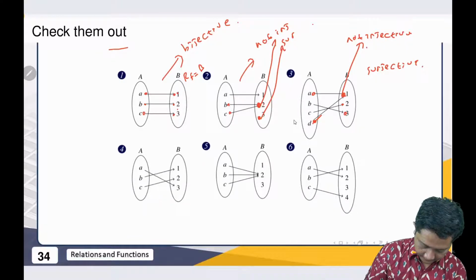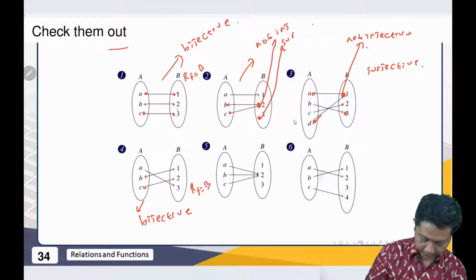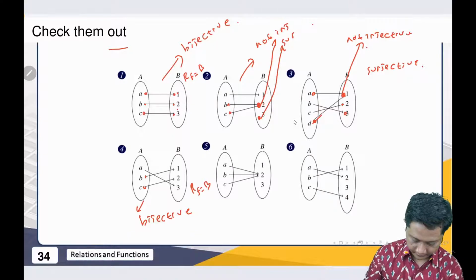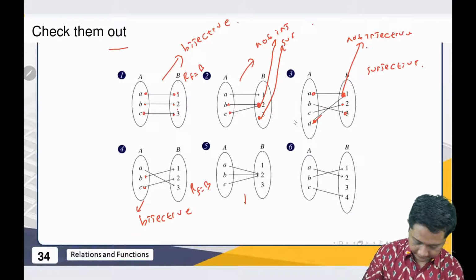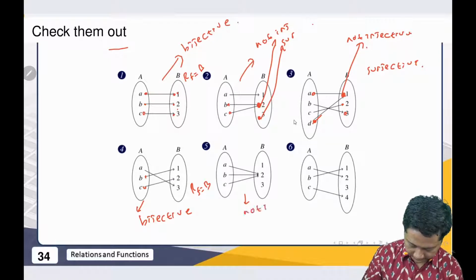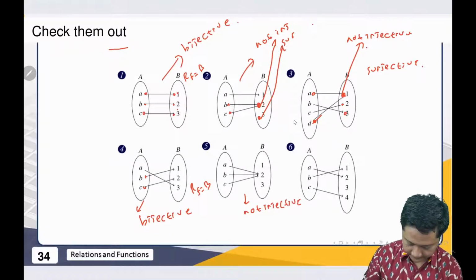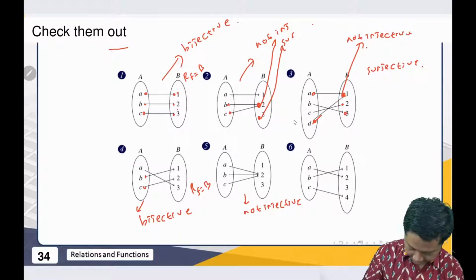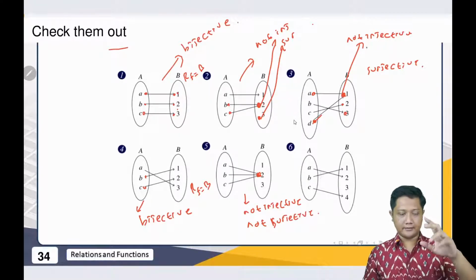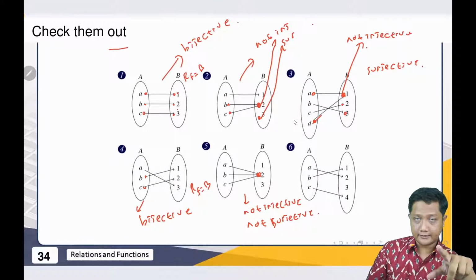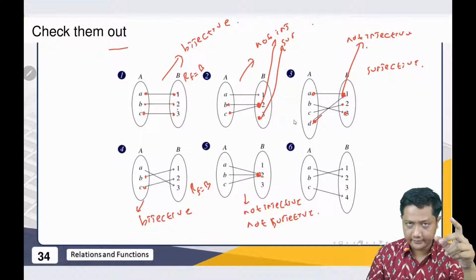And here, this one is clear, it is bijective because every element in A here and then B also, and we have Rf equal to B, then injectivity also holds. So this one is bijective, and this one is not injective. Why? Because here A goes to whatever, and also not surjective. So if it is not either injective or surjective, then it's clear that it is not bijective.